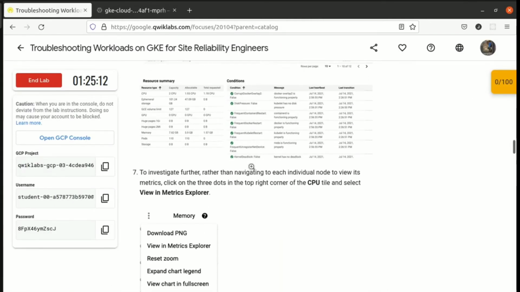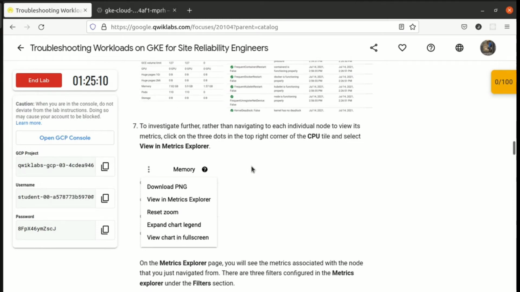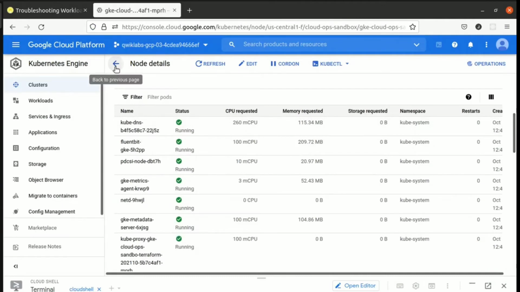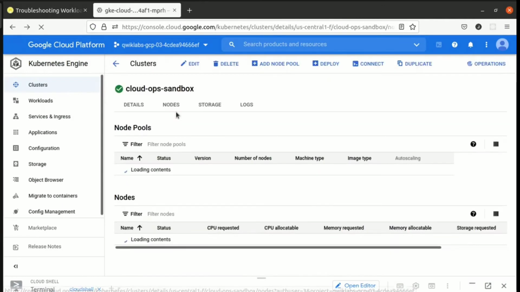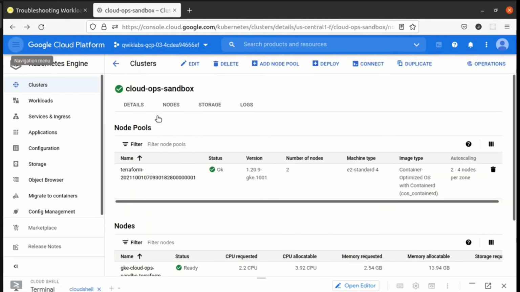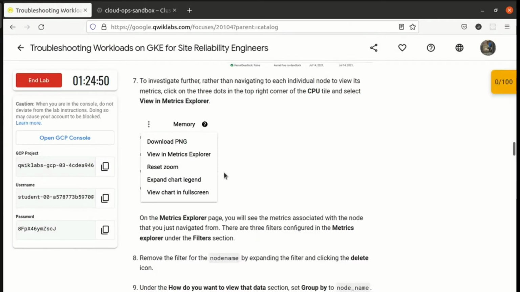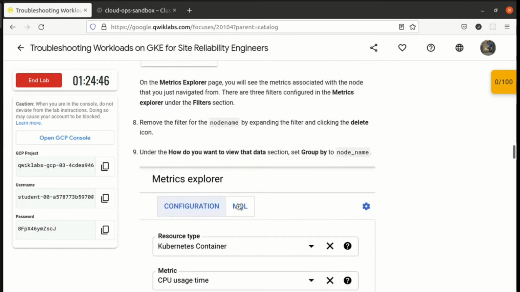To investigate further, rather than navigating to each individual node to view its metrics, find the CPU tile, and select view in Metric Explorer. Let's get it over here. And if you want, you can see the metrics also.